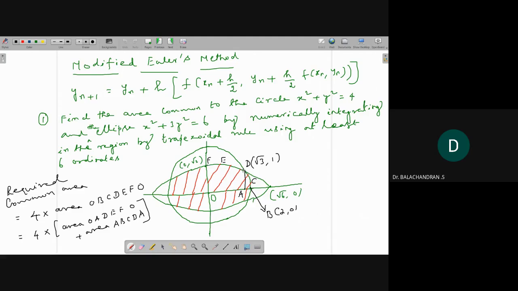Because in this region, if you take a strip horizontally, here x is 0, here x is root 3. Okay. Next,